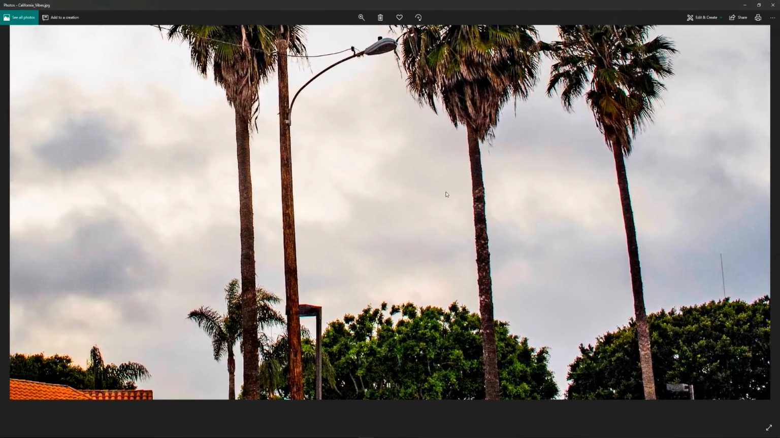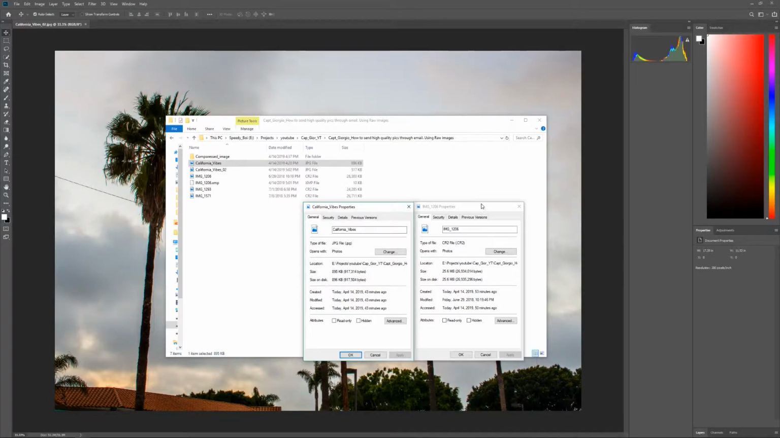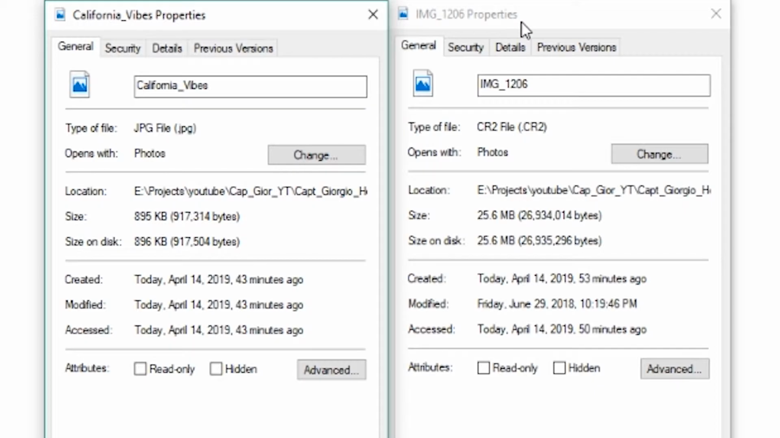But yeah, now as you can see, we've condensed it from 26 megabytes, that's where we started, and now we've brought it down to 895 kilobytes. That is less than a megabyte. That is really small. And with this ability of sending these high quality images and being able to compress them, it's a very useful tool, because not only will you be able to send these through emails quickly,